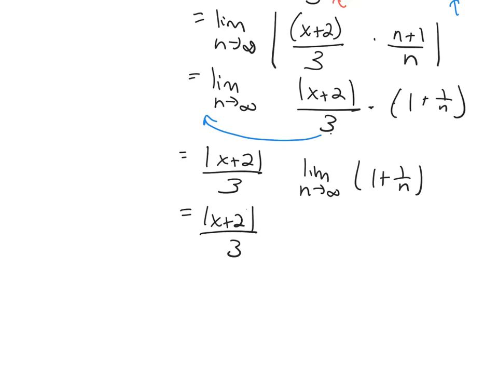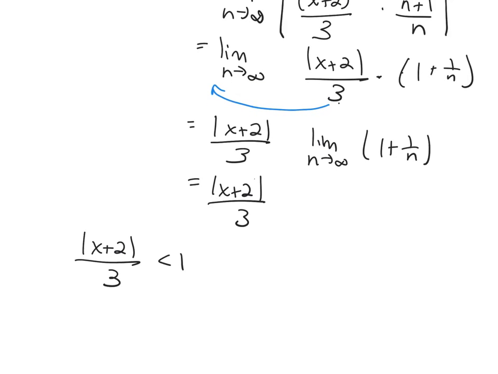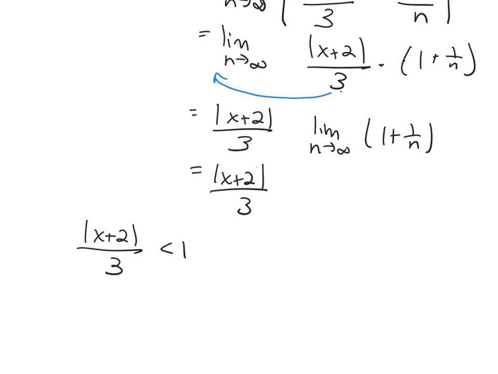So I'm using the ratio test. I need this number, this absolute value, x plus 2 over 3, to be less than 1. Is my absolute value isolated? No, that 3 is there. Multiply by 3 to both sides. And then you'll be left with